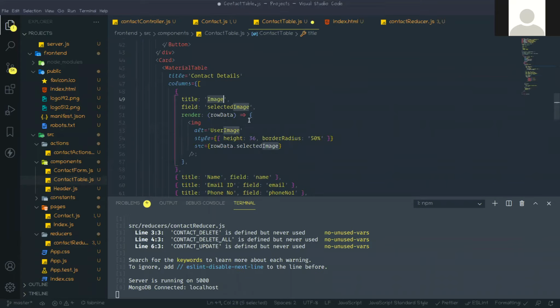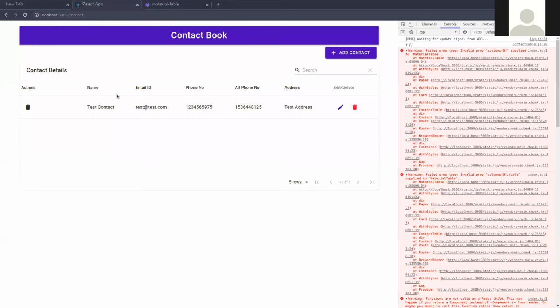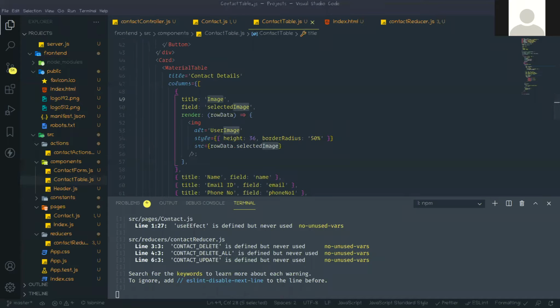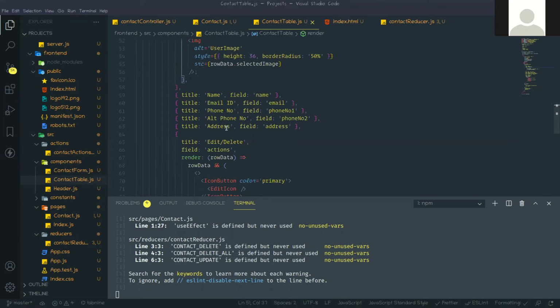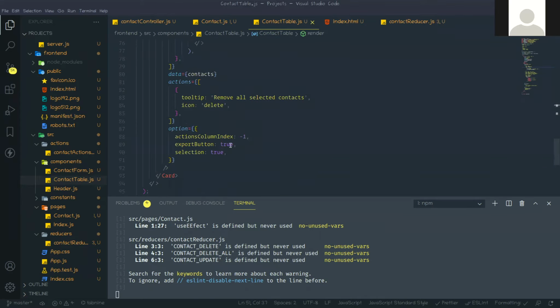That is image. Why did actions come? Image, name, email id, edit icon, that is okay. Options is -1. Actions column index.